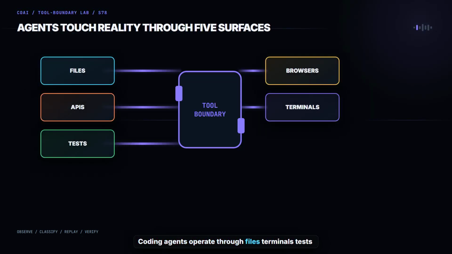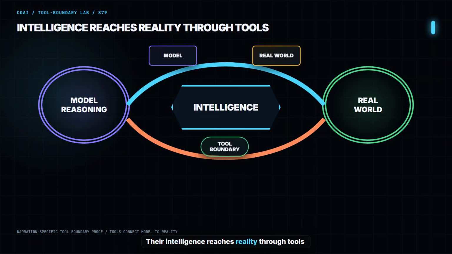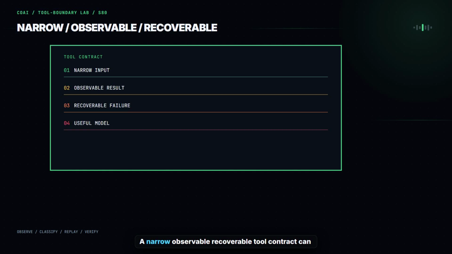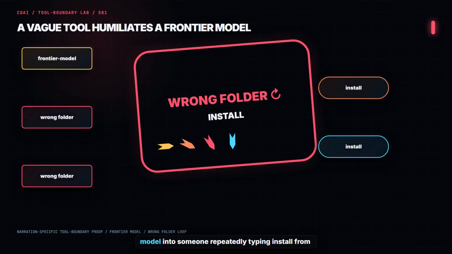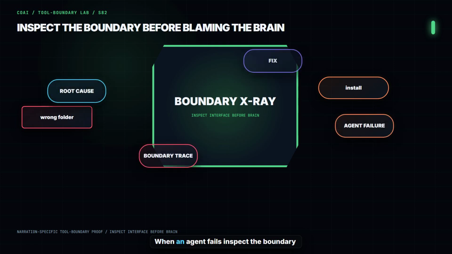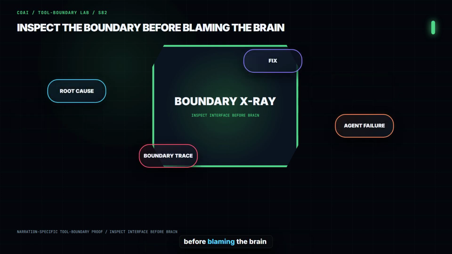Coding agents operate through files, terminals, tests, browsers, and APIs. Their intelligence reaches reality through tools. A narrow, observable, recoverable tool contract can make an existing model dramatically more useful. A vague tool can turn a frontier model into someone repeatedly typing install from the wrong folder. When an agent fails, inspect the boundary before blaming the